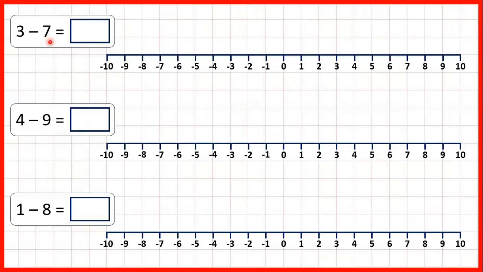Now for these questions, we're subtracting a larger number from a smaller number. And you might think that we can't do that using column subtraction. But we can subtract a larger number from a smaller number. All it means is that our answer will be negative. So, on a number line, below 0, we can count back minus 1, minus 2, and so on,